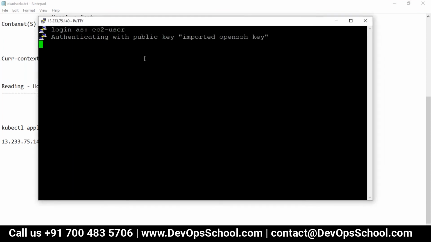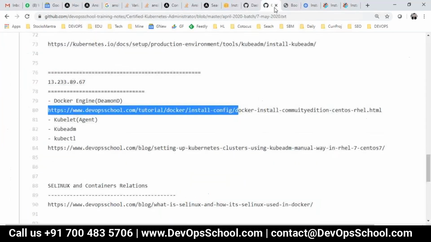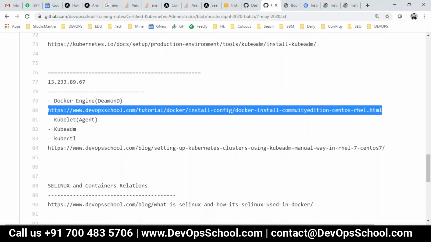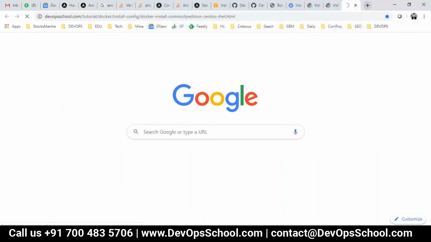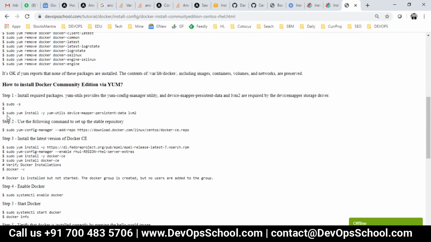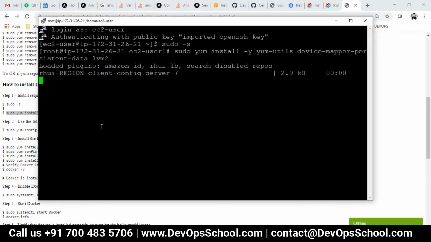EC2-user. Okay, this is logged in. I'll become sudo, so that everything can be done. I'm doing nothing new, you know that everything I have already shown you. Your worker also needs Docker. Explanation has been made already. I'm just doing it fast. So, run.